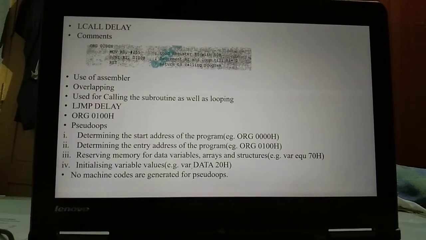Example: var EQU 70H, where 70H is assigned to the variable. Then initializing variable values. Example: var DATA 20H, where 20H is initialized for the variable. No machine codes are generated for pseudops.